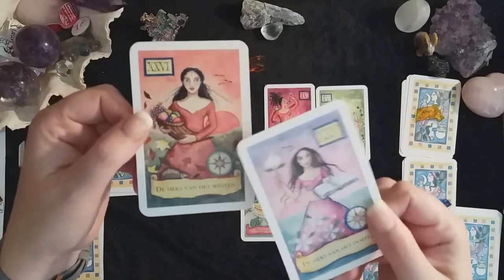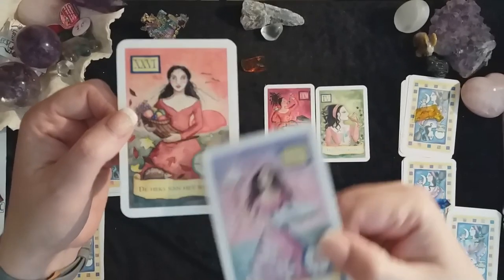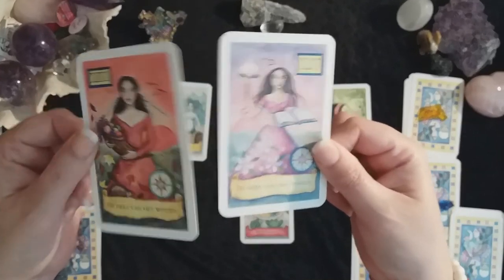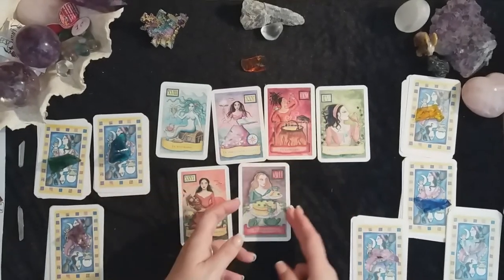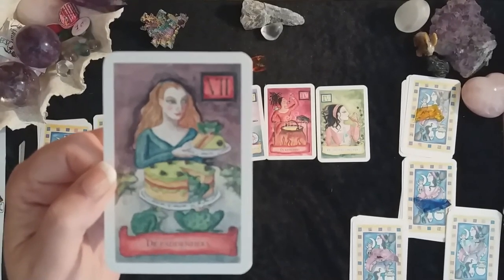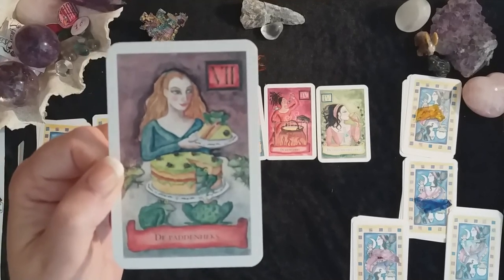It doesn't necessarily mean that you will be very much involved in the process in between starting up and ending, but these are your strong suits in any project. And the toad witch tells me that you have a way of healing, seeing the best in people, and